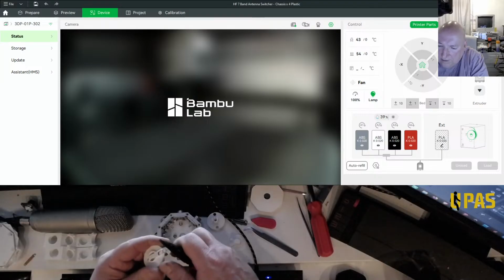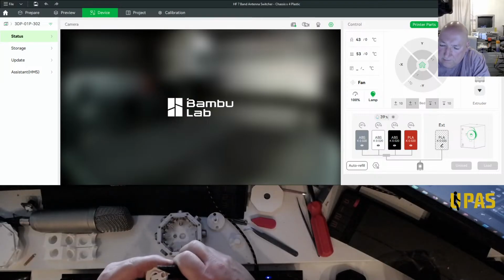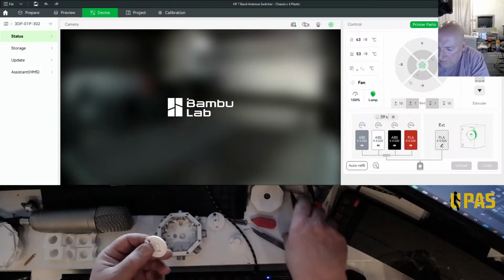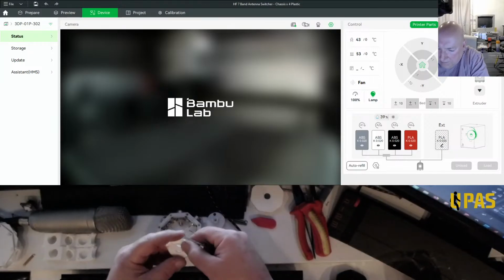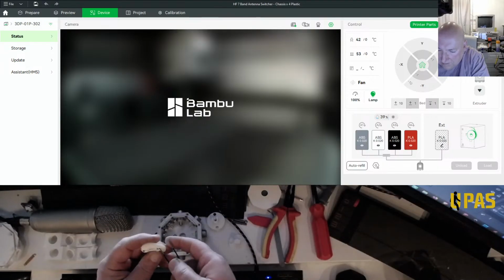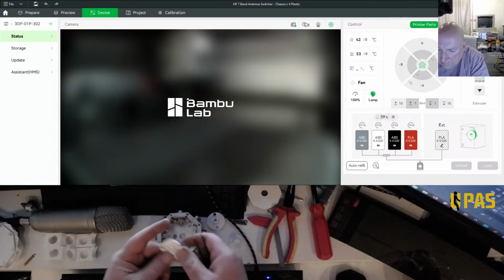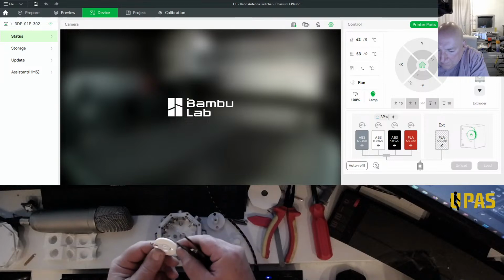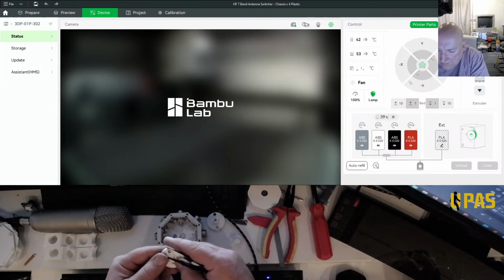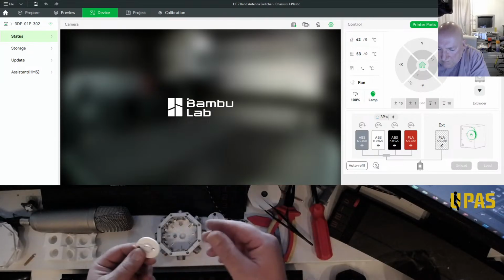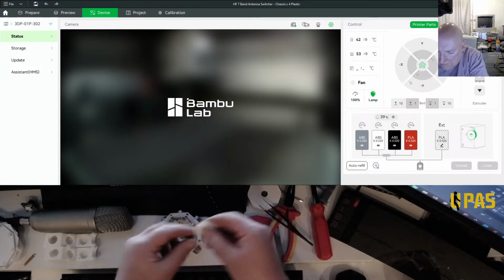I'll have to just push on that. This one's a little bit shorter than the other one. Without folding it up. It's come out too far. So if it comes out too far, just got to push it back with the tweezers. Just lever it back into place. So you want it to stick out like that, just so you can get your solder on the back of there. Now you could, yeah, so tell you what, I'll assemble it back up and we'll try it.